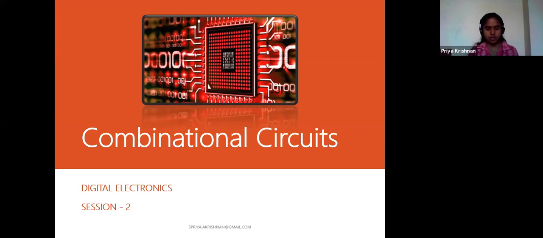So yesterday we discussed different gates. So what are they? Some of you can answer in the chat window. What are all the few logic gates we discussed in yesterday's class? You can reply in the chat window.